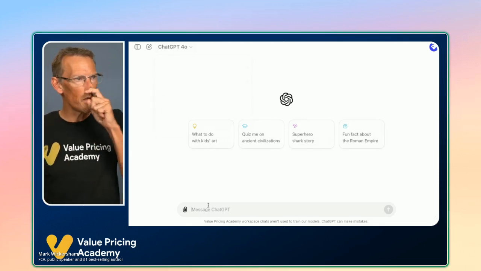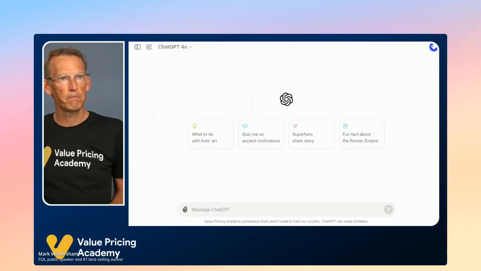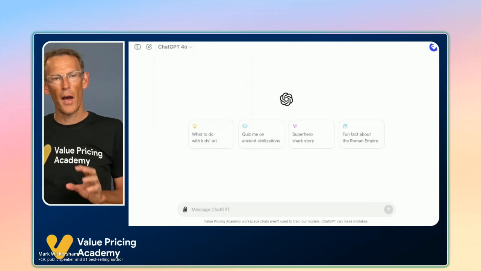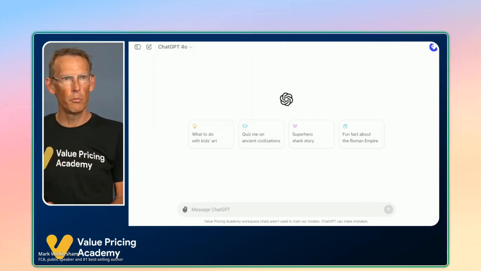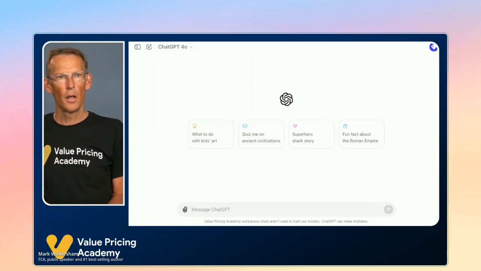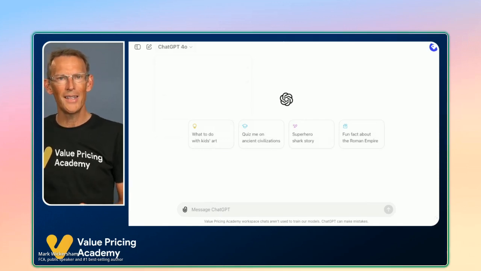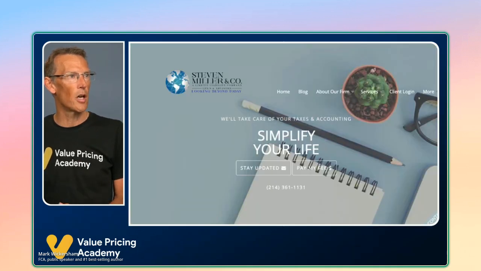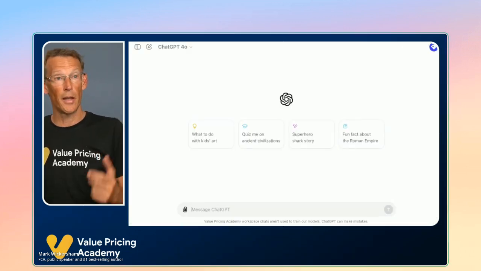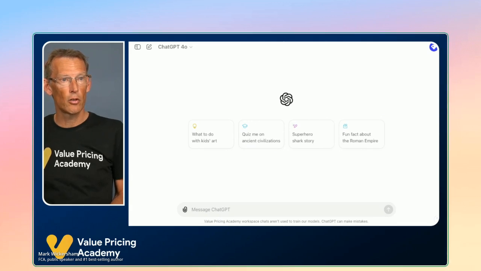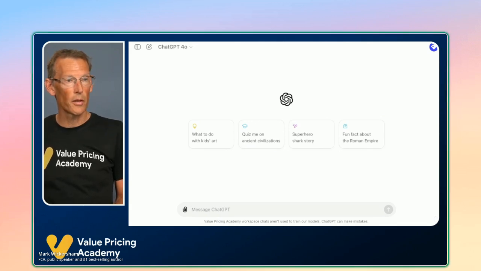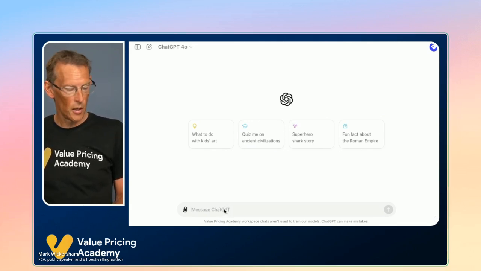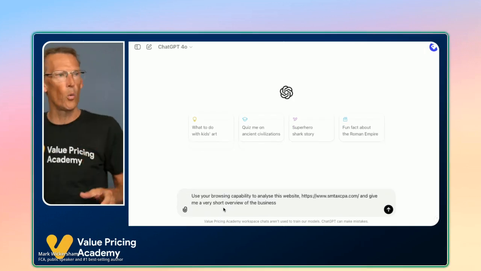So what I'm going to do is run a prompt that is designed to create an onboarding workflow for brand new clients. But before I run the prompt, I need to give it some context, some background information about my business. And I'm just playing the role of a Dallas company called Stephen Miller. I just picked their website. So I'm going to grab a prompt that I wrote just before we started, and I'm going to do Control V to save you watching me type.